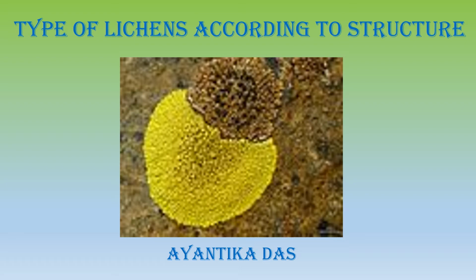A few types of basidiomycete fungi are also present, and the phycobiont or photobiont partner is the green algae and blue-green algae. Some lichens contain green algae and the fungal part, and some lichens can contain three types of partners, that is the green algae, blue-green algae and the fungi. Some lichens may contain earlier green algae and the fungal part, and later they can include the cyanobacteria as well.